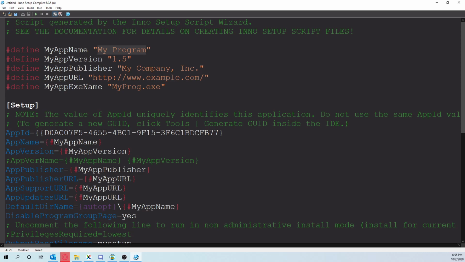My game from school is called Not So Fast, so I'm going to call the app name Not So Fast. Give it a version number up here. My company is actually Not So Entertaining Productions, and then the website is going to be